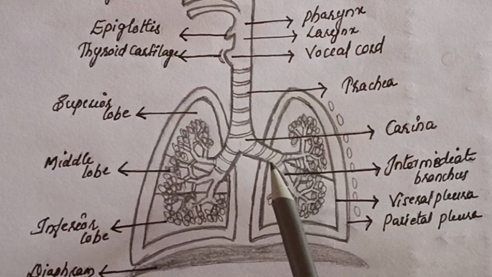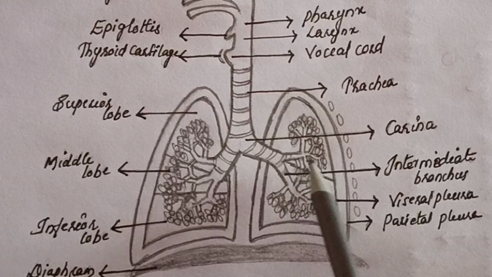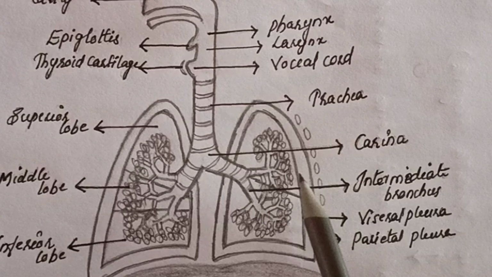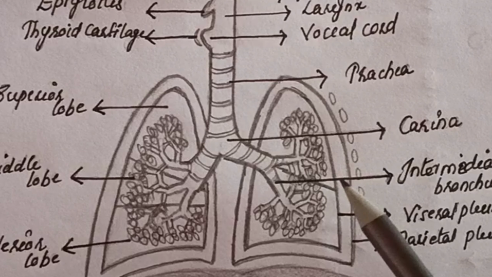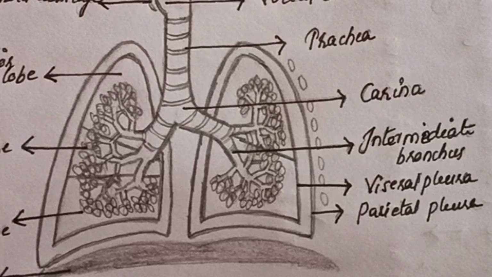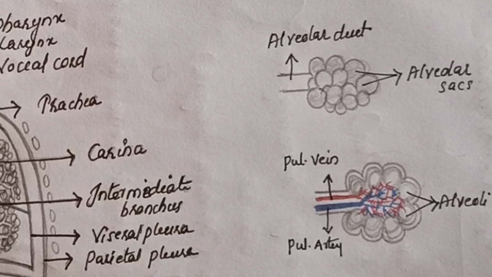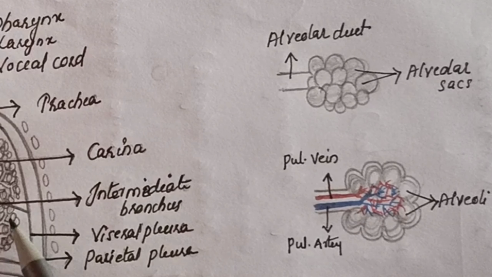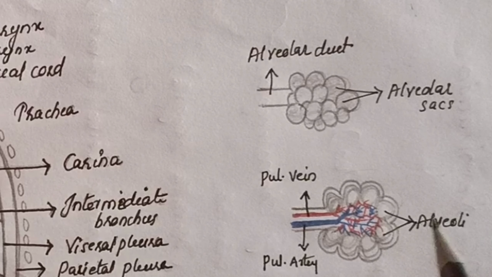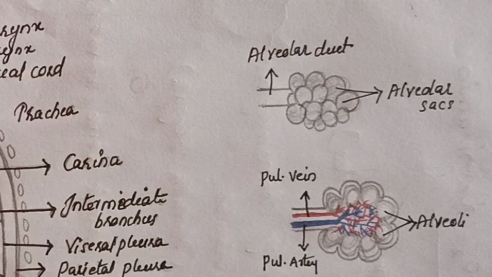Till here, we have the C-shaped cartilage and these branches are called as intermediate bronchus, and followed by these are the bronchioles. These are covered with smooth muscles and it is completely controlled by the nervous system. And then it divides into terminal and the respiratory bronchioles. Then it becomes alveolar ducts and the alveoli. These are covered by the single layered cells and it acts as a semi-permeable membrane for the gas exchange.